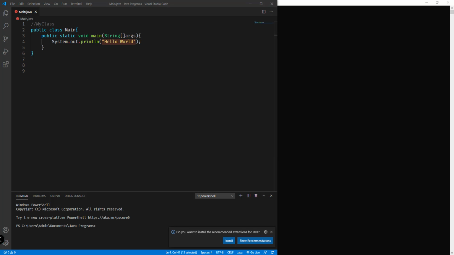Now, before we dive deeper with Java, we have to understand first the concept of comments. Comments can be used to explain Java code and to make it more readable. It can also be used to prevent execution when testing alternative code. Again, this will make sense later on, but for now, just understand that the comment is just to explain